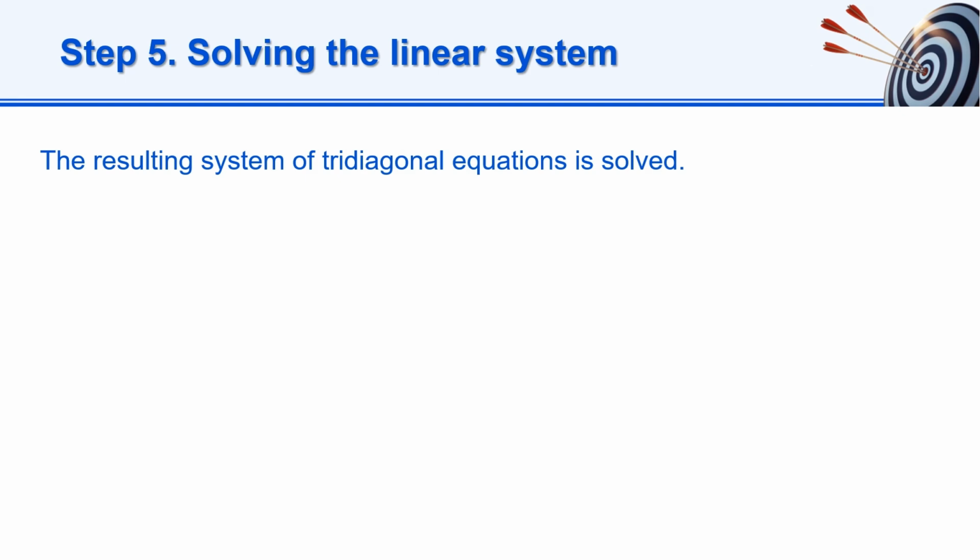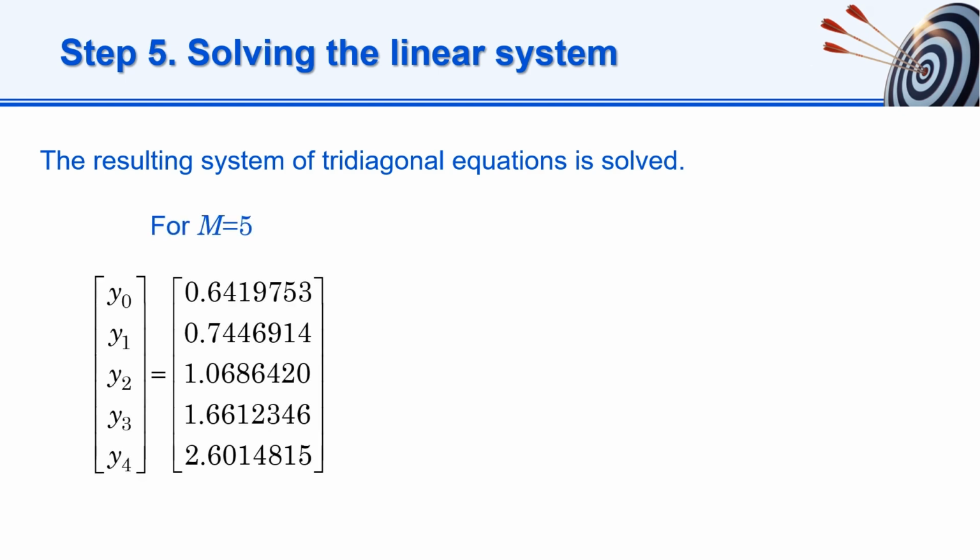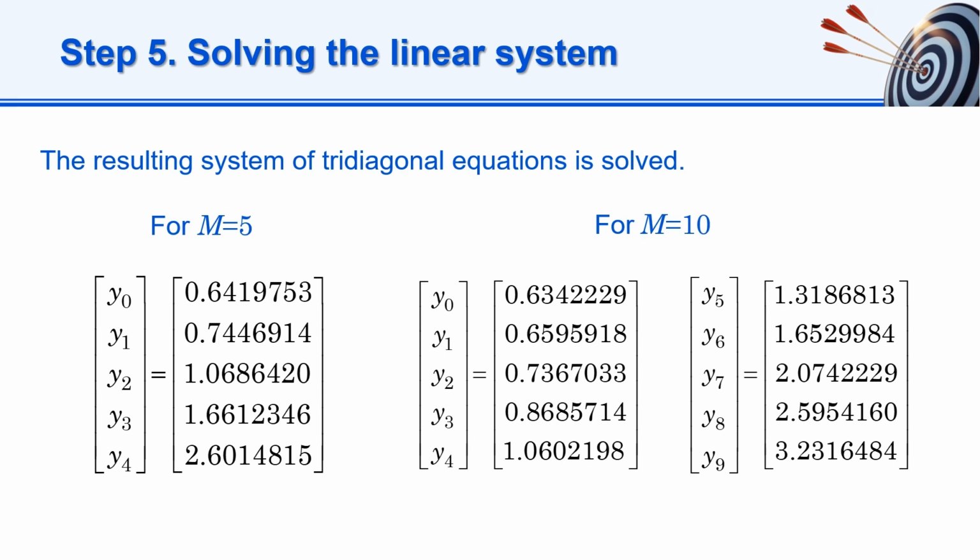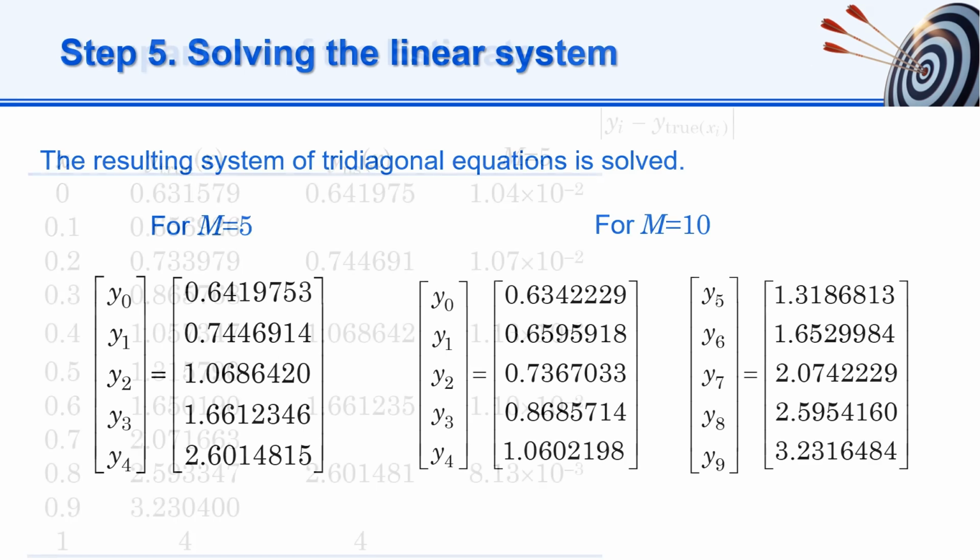The resulting system of tridiagonal equations is solved using a tridiagonal solver. For m equals 5, we find. We repeat the numerical solution steps for m equals 10 and 20 without going into details. And for m equals 10, we obtain the true